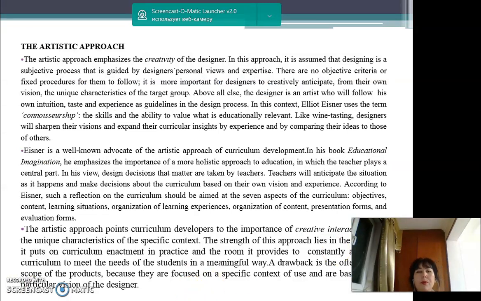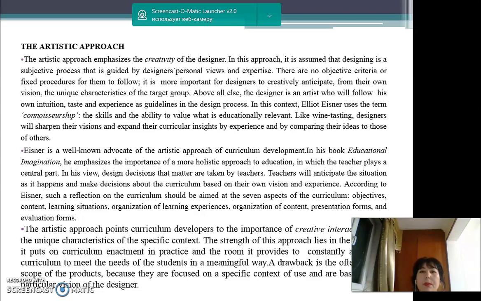The artistic approach emphasizes the creativity of the designer. In this approach, it's assumed that designing is a subjective process that is guided by the designer's personal views and expertise. There are no objective criteria or fixed procedures for them to follow. It's more important for designers to creatively anticipate from their own vision the unique characteristics of the target group. Above all else, the designer is an artist who will follow his own intuition, taste, and experience as guidelines in